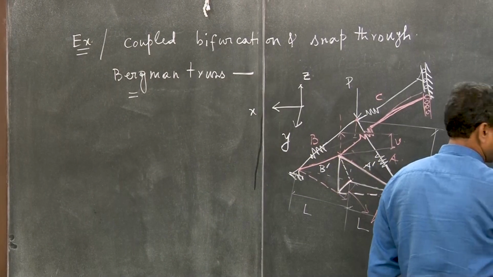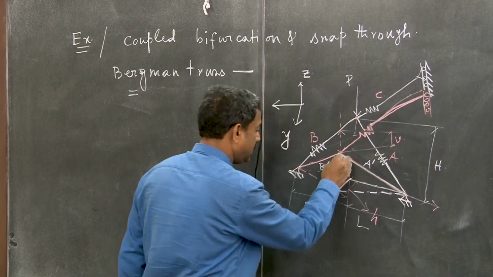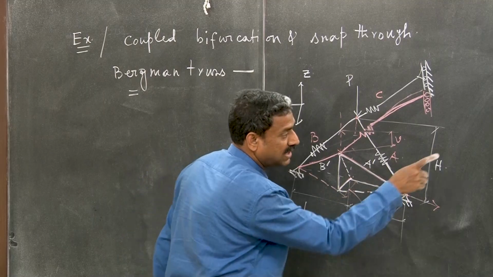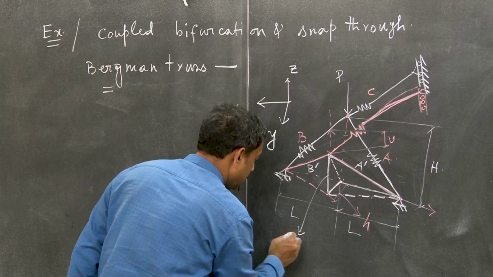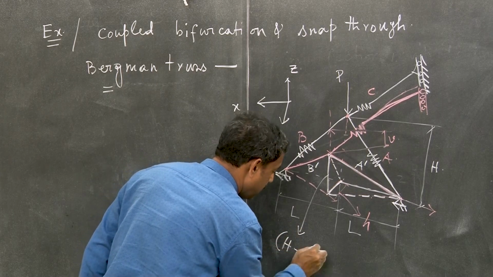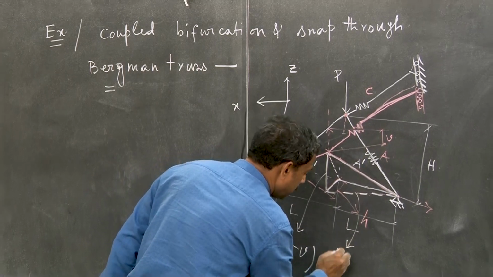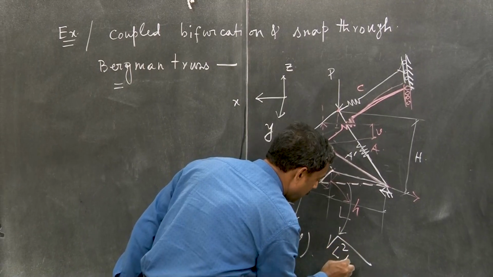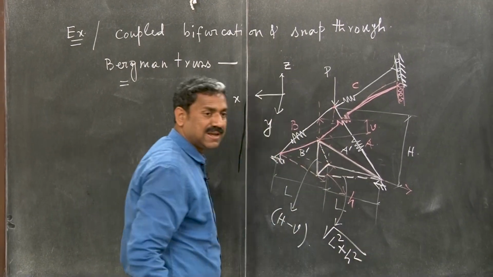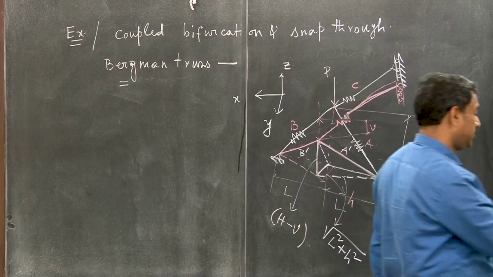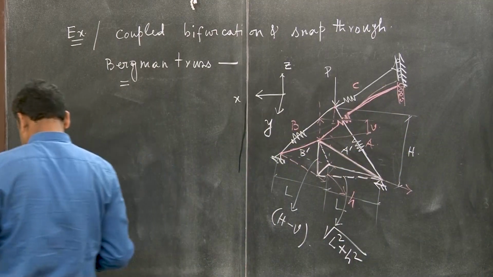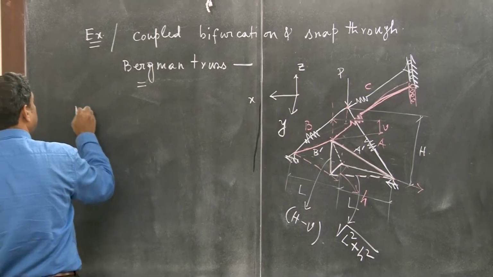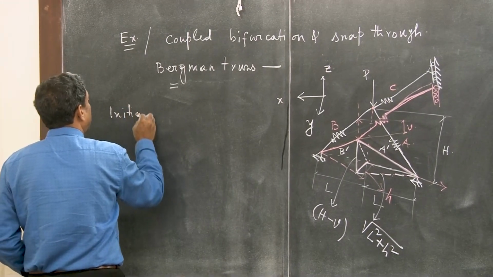This one is h minus b. So this is h minus b and this is root L square plus h square, clear? This is capital H minus b and this fellow is nothing but root L square plus h square, clear? Now, all of you have this too, so the initial length of the spring,